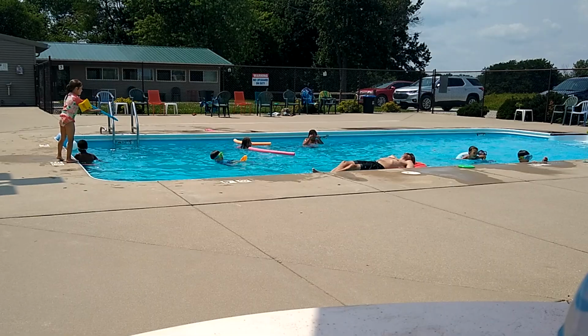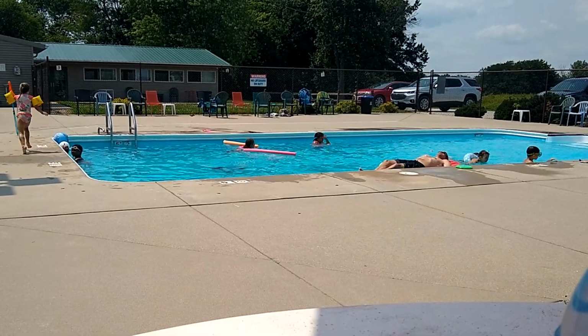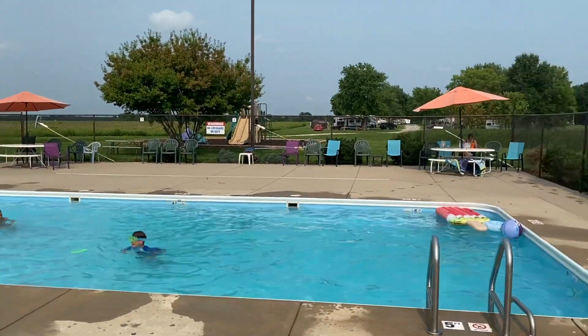We really like the pool. That's all the kids want to do. The pool, the pool, the pool. Can we please go to the pool? I don't want to go to the beach. Can we just go to the pool today? Sure. We went to the beach the first day, which is completely separate from the campground, but in